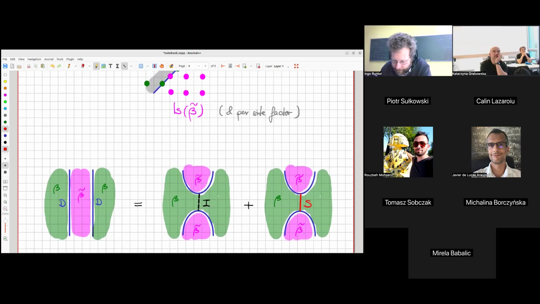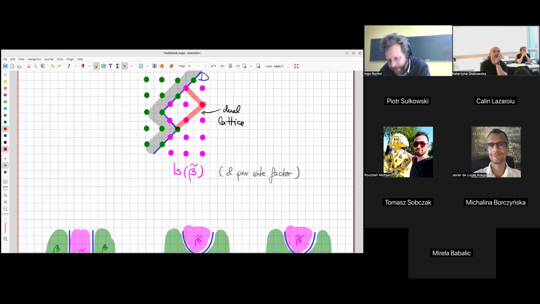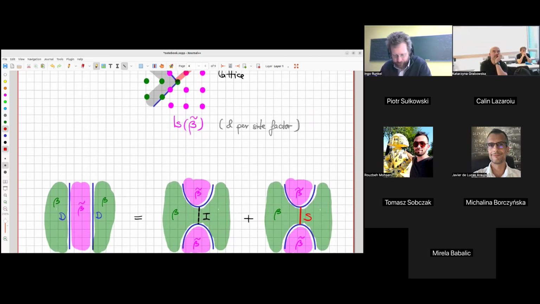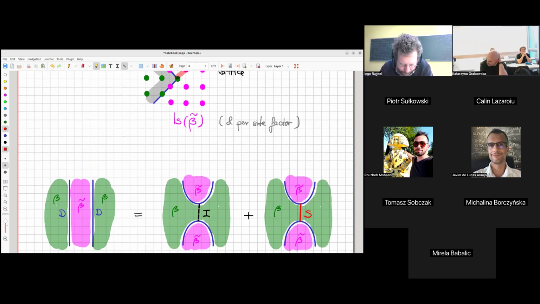Again, I'm too lazy to draw the precise lattice, so I'm just drawing green and purple blotches for some fineness of lattice. Green again is for temperature beta, like here. Why can't I circle things? So that's for temperature beta, and purple is for the dual temperature. And then I have this topological defect, or topological interface, which can separate these two models.